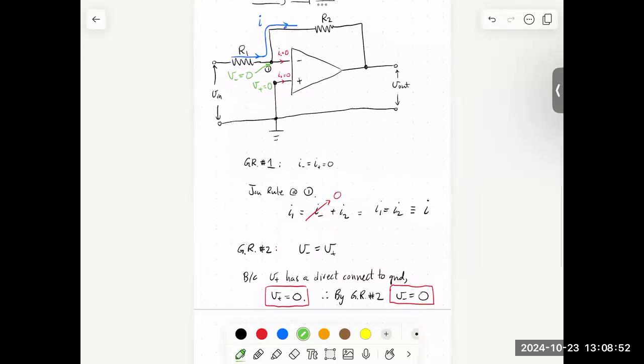Okay, so that's the application of the two golden rules. And it gives us a lot of information. It tells us that R1 and R2 have the same current and that the voltages at these nodes are 0. It's obvious that this one is 0. The real bit of information that we got is that we have 0 volts sitting right here. And it's going to turn out that with those two bits of information, we can complete the analysis of the circuit. So what we're going to do is we're just going to keep track of changes in voltage.